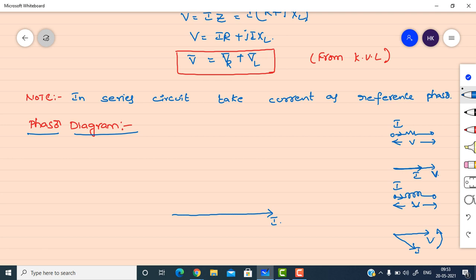Voltage phasor behind, lagging. So current is lagging in case of inductor. Current lagging means voltage is